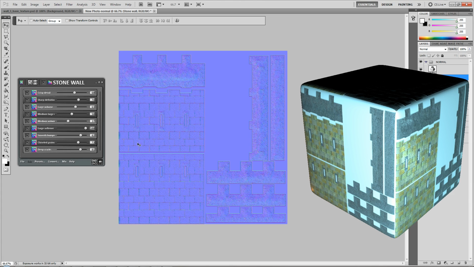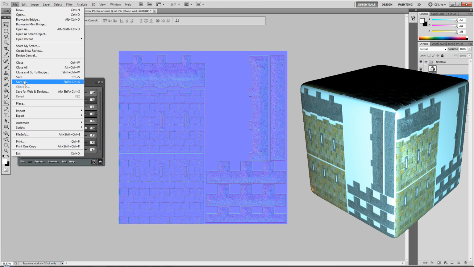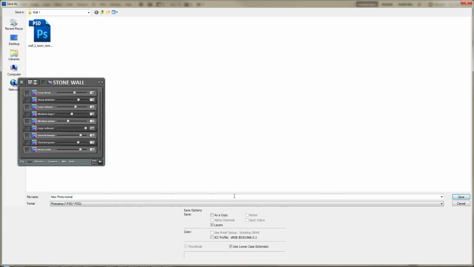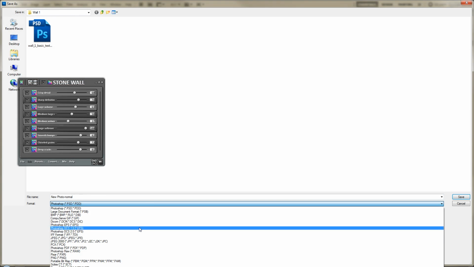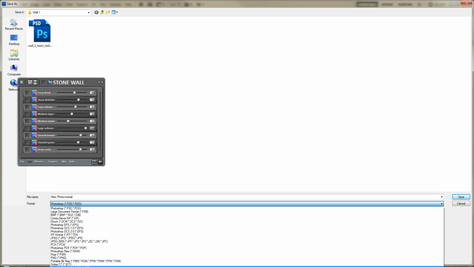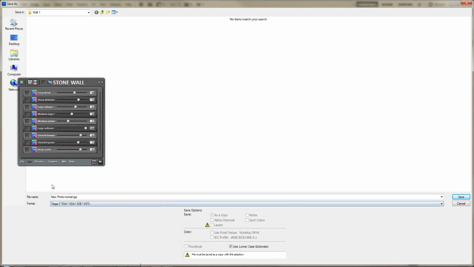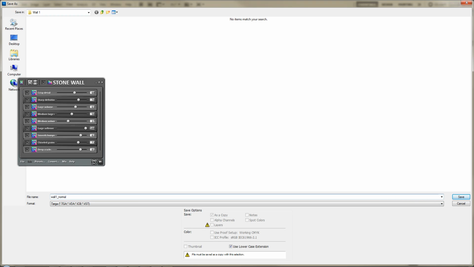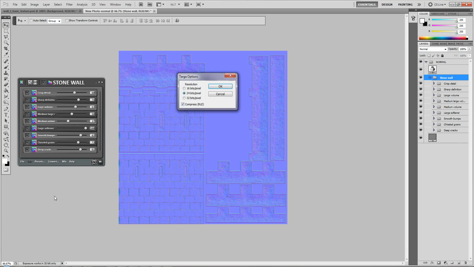So what I'm going to do is save this. There are a couple of different formats I can save it as. So save as, and I'll just turn off this preview square because it's in my way now. Pick a nice format for it, maybe a Targa image file, a TGA. And let's give it a name, so wall 1 normal. And click save. Just have 24 bits per pixel, that should do. Okay, we've got this TGA here,